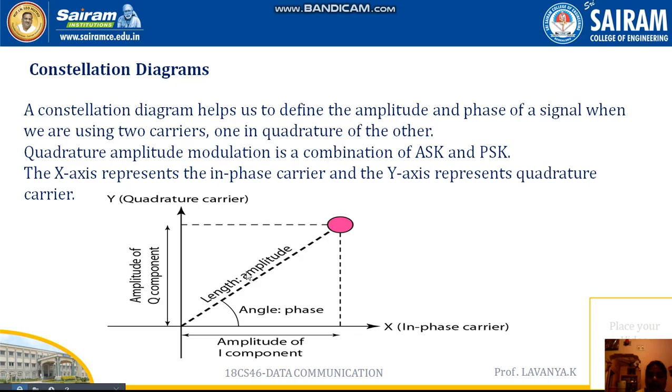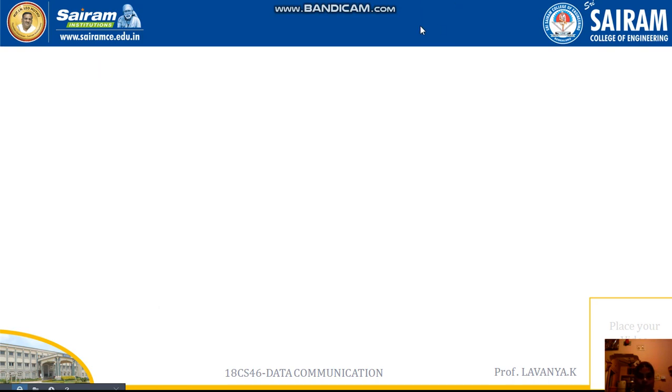Then inside the phase, or inside the boundary, every data will be accessed on our x-axis. Here I'm going to consider the length of the amplitude as well as the phase, meaning the degree. Within the phase, meaning inside the phase, and outside the phase only I'm going to access the value. That value I'm going to call a quadrature value or quadrature frequency. So this is the difference of our constellation diagram. Thank you.